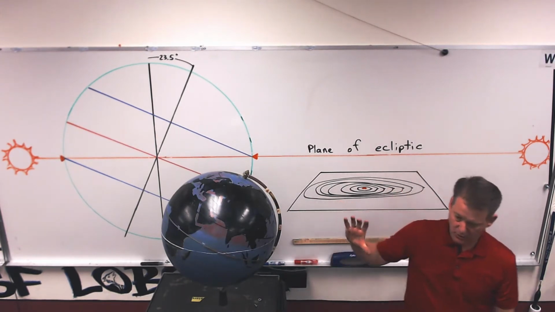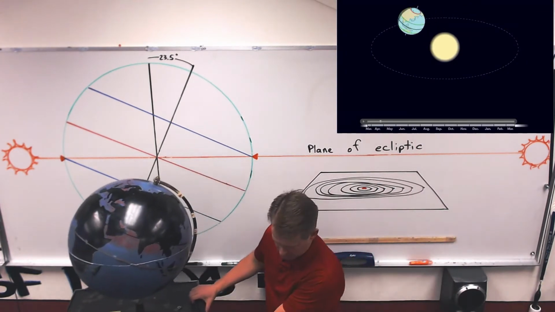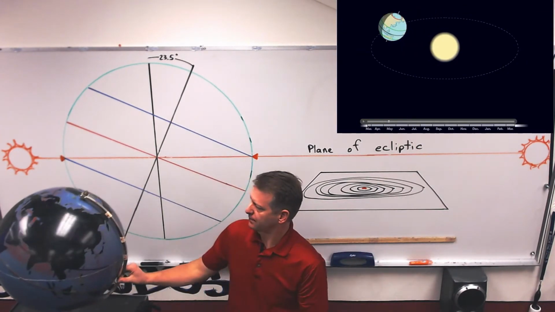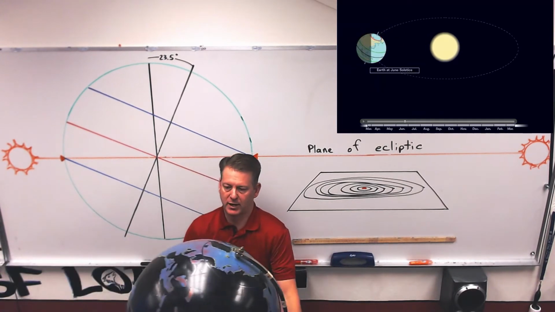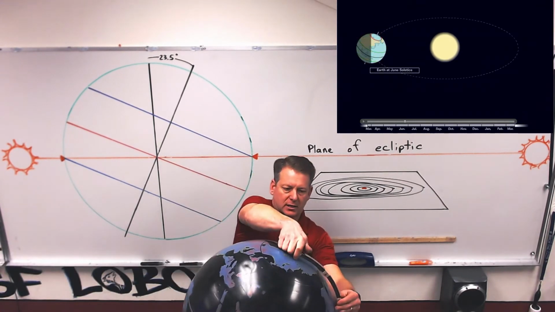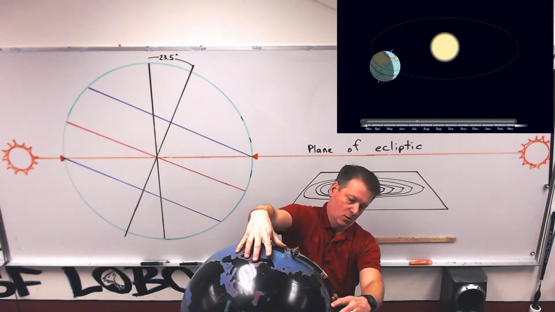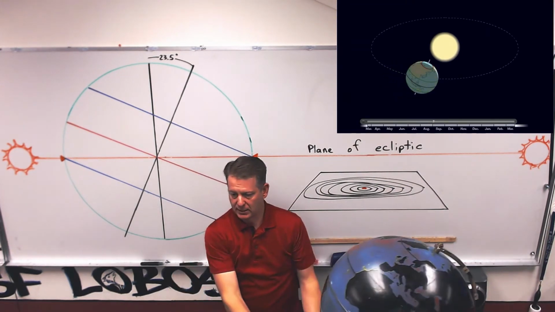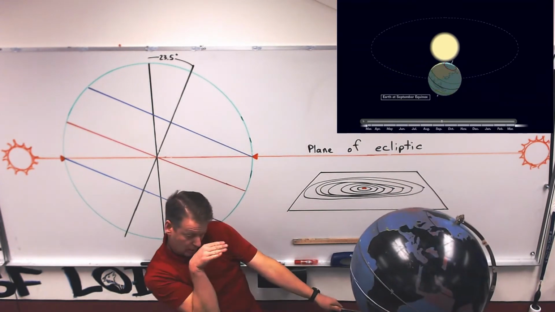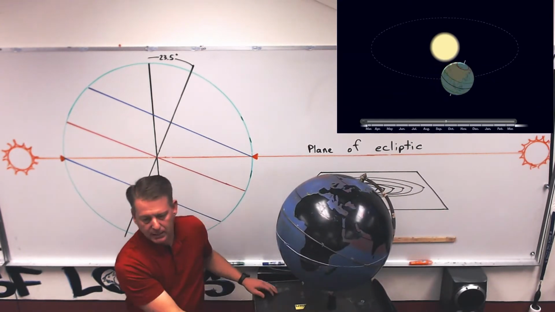And as we're going around the sun, if I was the sun, the Earth is pointing this way, and then it rotates and goes this way. Does the Earth do this? No, it stays in one place, right? It always stays in that orientation. It just goes around the sun like this. And if I was to look right here, it would always be flat.